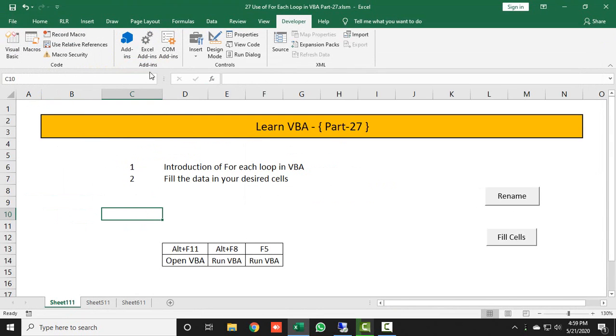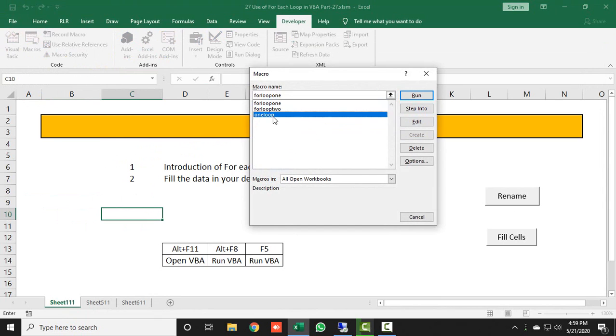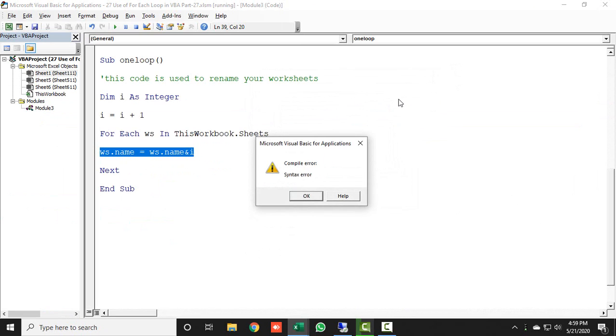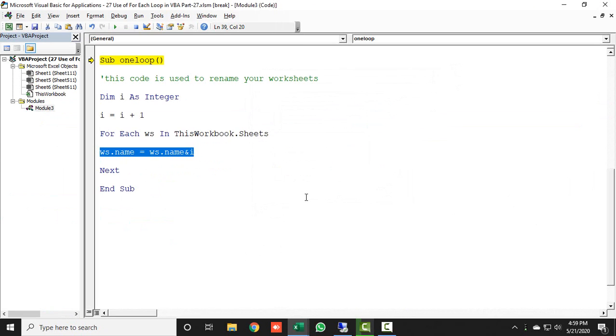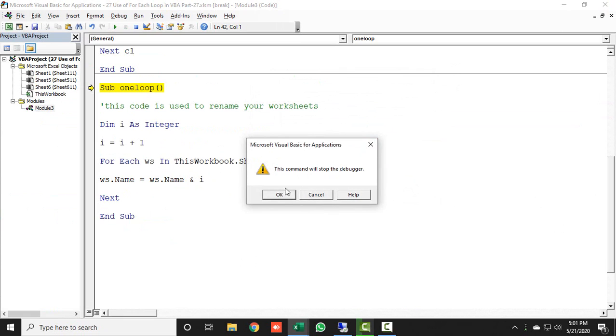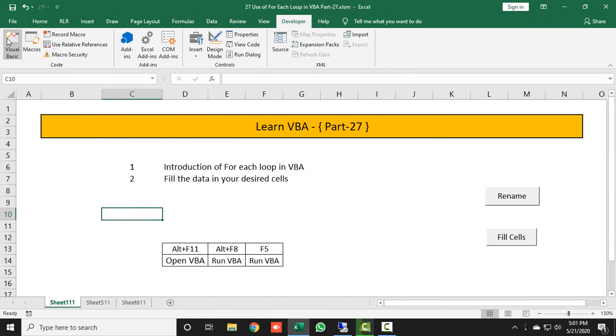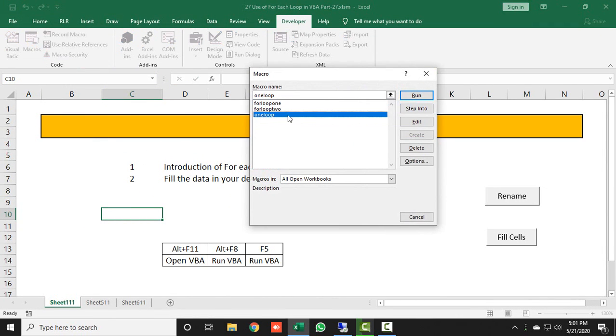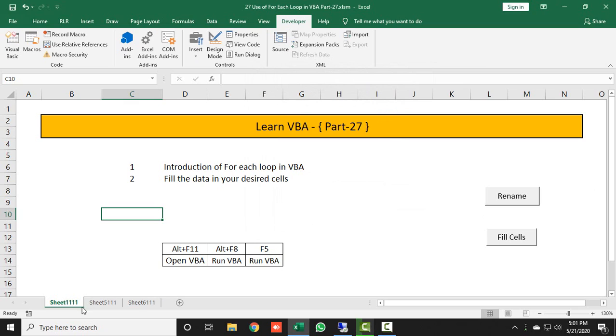I'm also getting an error again. I have not given the space, that's why the error is coming. Let me give the space like this. Now let's run it again.